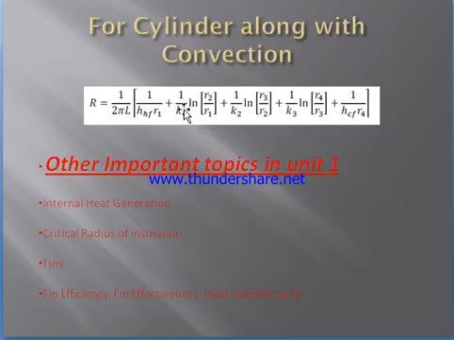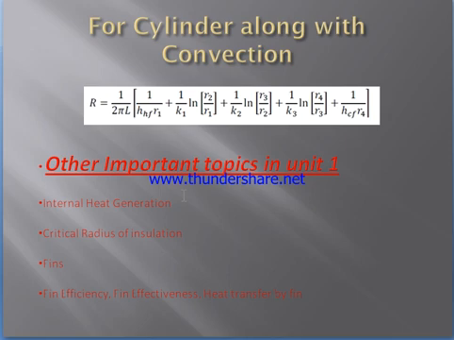This is for the cylinder. For the cylinder, the change in formula which we notice is that a value called h is inserted here, because h is the heat transfer coefficient, that is, it will come into play when convection is also added. In the previous formula we saw only conduction. Here, through cylinders or spheres or also in composite walls, the convection coefficient can also be added.